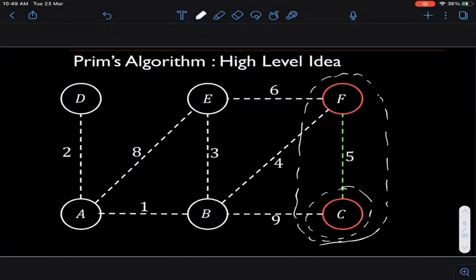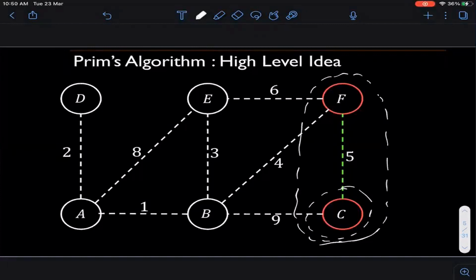So I call this a frontier. It's like a wave that is expanding out. Okay. So which are the edges? And remember, this is very important. And this is a major difference with the other algorithm, which is known as Kruskal's algorithm, right? I am not considering all the edges in my graph. So at any iteration, I am just considering the edges that are crossing this frontier. I am looking at only those edges. Okay. So this is a major difference. Please keep this in mind. Kruskal does not work like that. Kruskal actually takes the globally minimum edge and adds it. That we are not doing here.